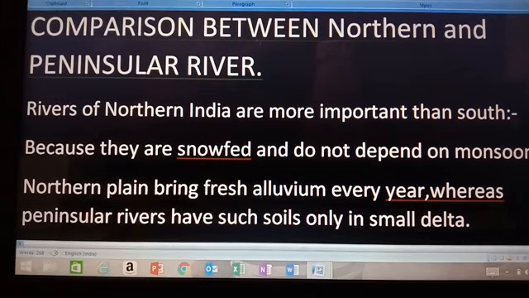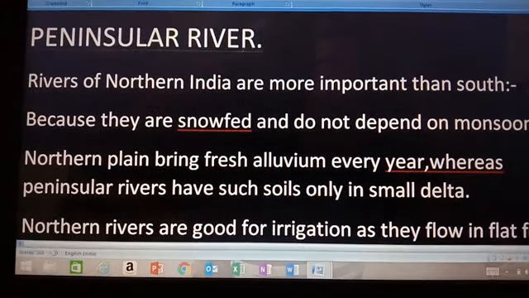It is very fertile due to the deposition of alluvial soil, and mainly agricultural practices are done there in the northern parts. Fresh alluvium is deposited every year, whereas in peninsular rivers these alluvial soils are deposited only in small deltas.